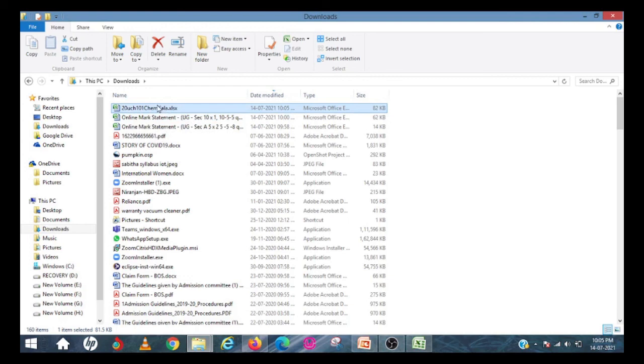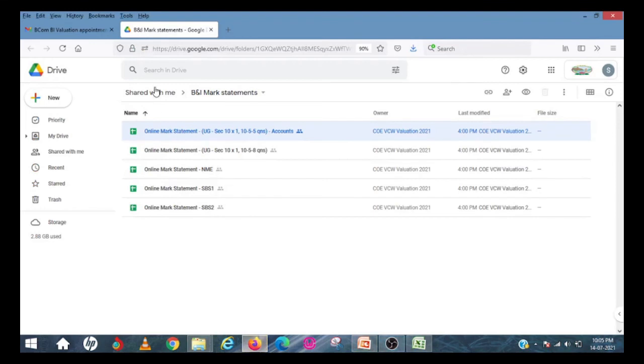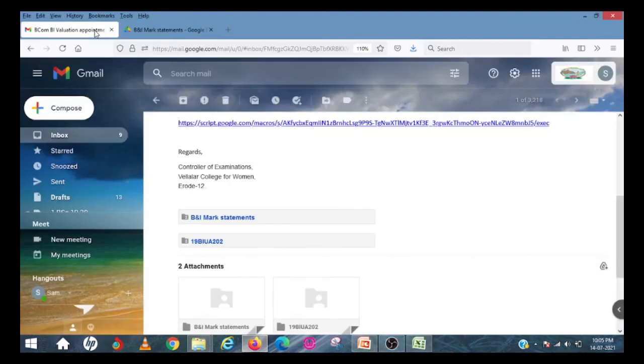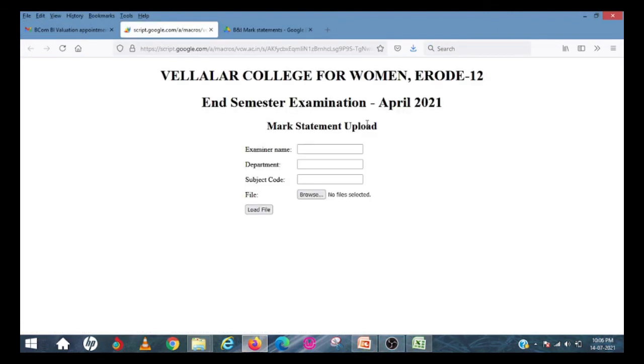Now I have to upload this file. How do I upload? You have to go to the mail and see the appointment order and then click this. You are getting a screen like this. Then start entering the details. 20 UCH 101.